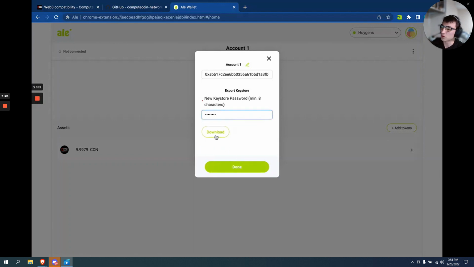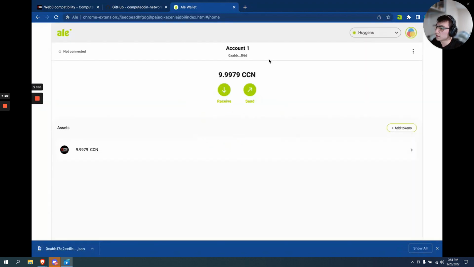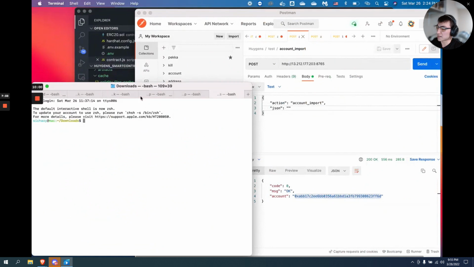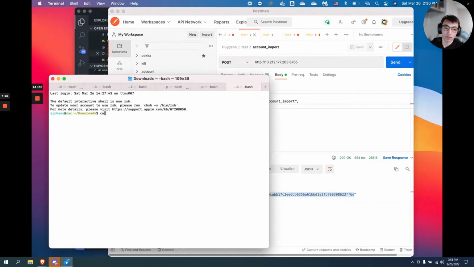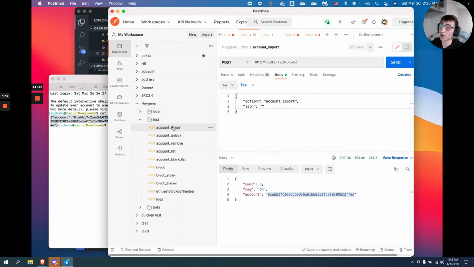Here, you're going to have to make a new key store password once you download it. When the file is downloaded, you're going to have to open up a bash window and actually view the contents of the file. So as we can see now it's downloaded, I'm going to open it up here. And we're going to copy the contents of our file and actually post it into our Postman